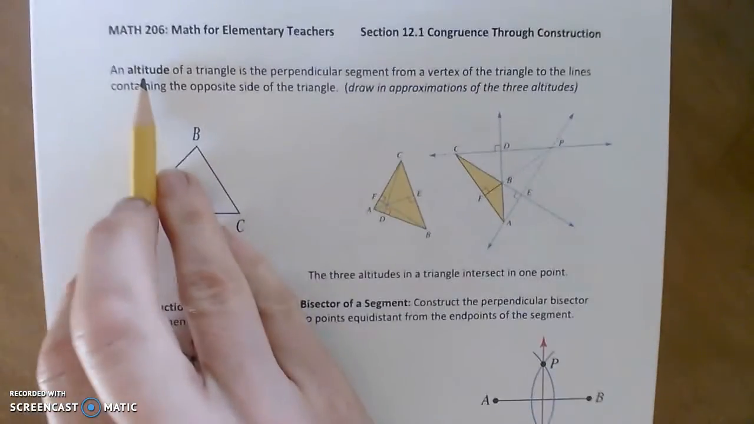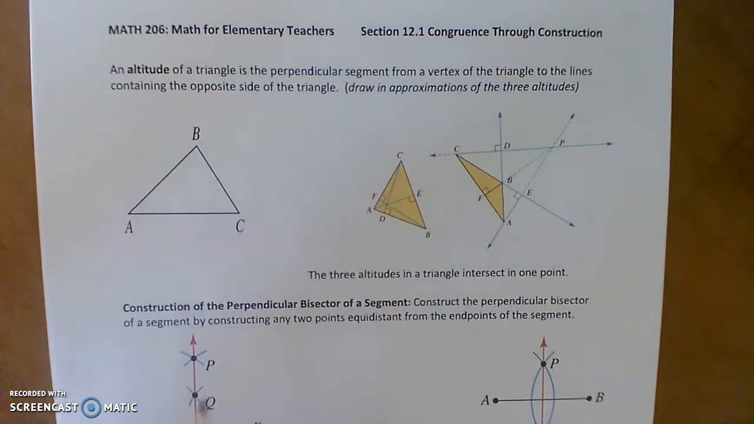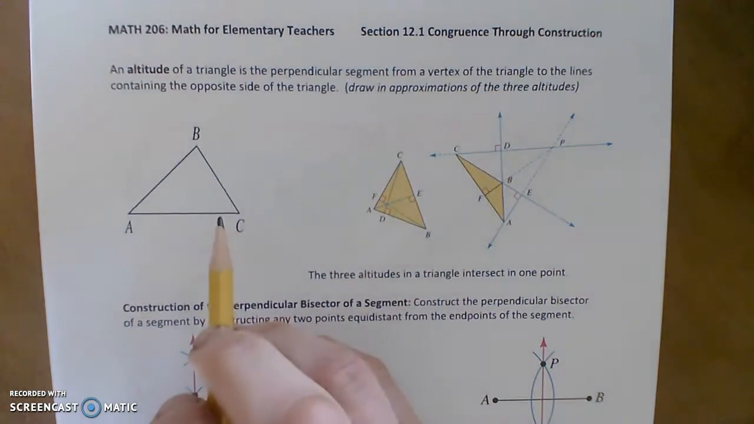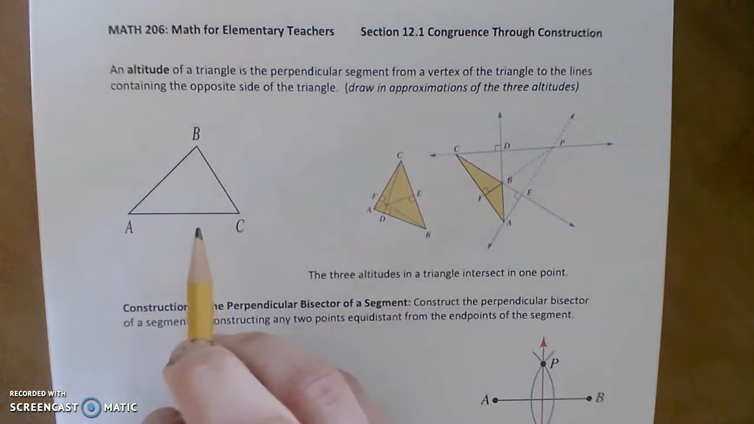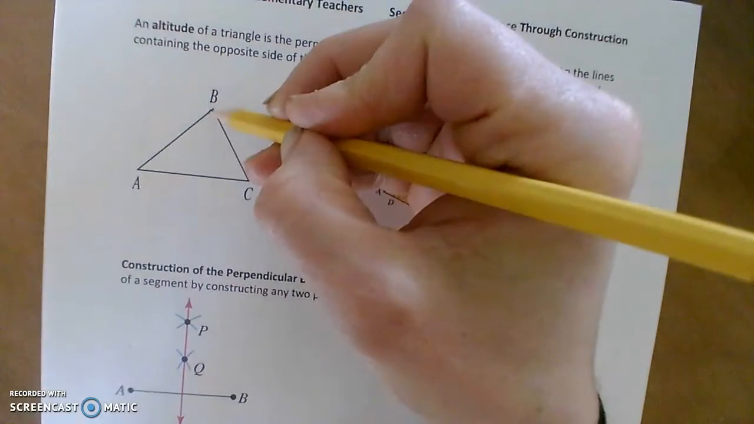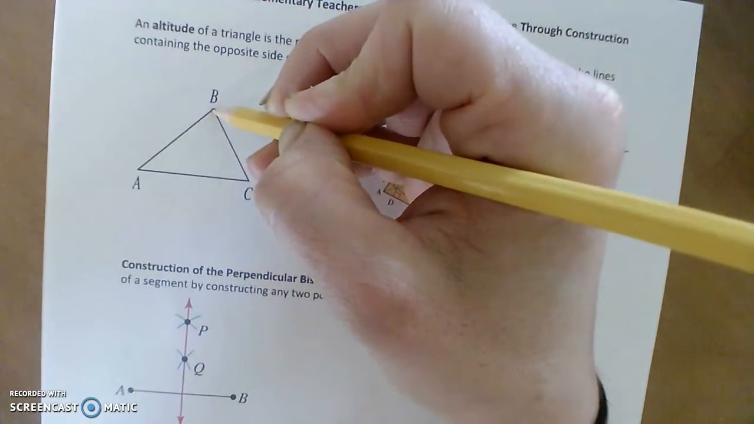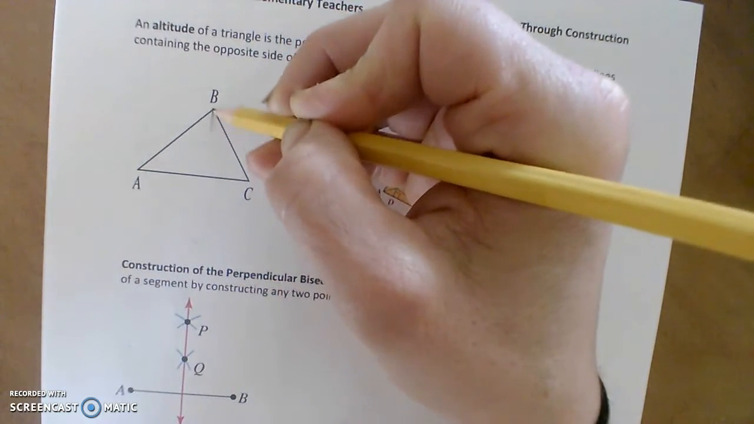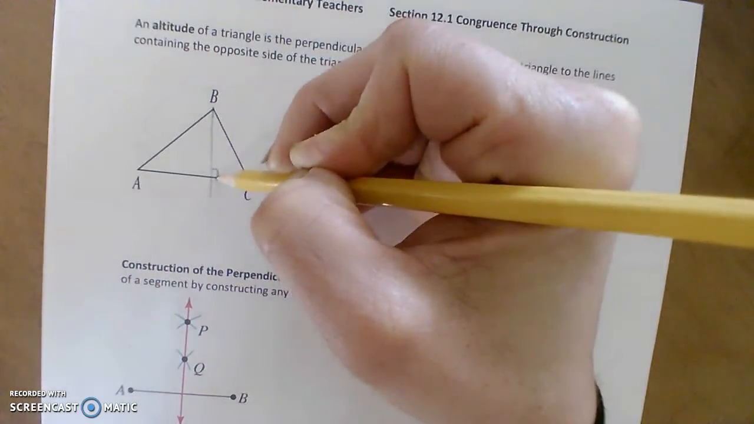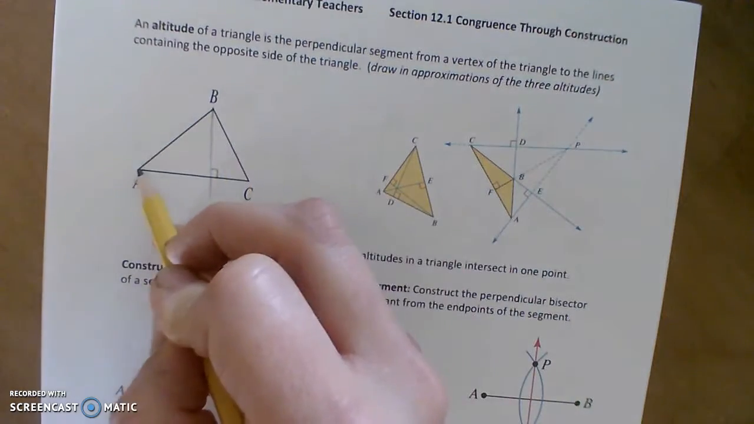First of all, what is an altitude? Well, the altitude of a triangle is a perpendicular segment from the vertex of the triangle to the lines containing the opposite side of the triangle. So here's what that looks like. Here's one triangle, ABC. If you can imagine, I'm not going to construct it, I'll just imagine what it looks like, drawing in a line emanating from vertex B down to the opposite side that meets it in a right angle. That's an altitude. You can also draw the altitude from vertex A,